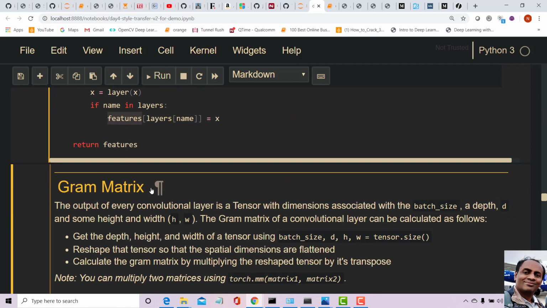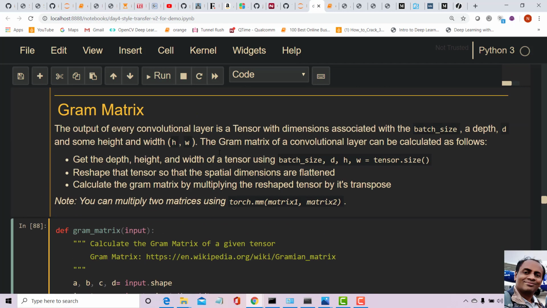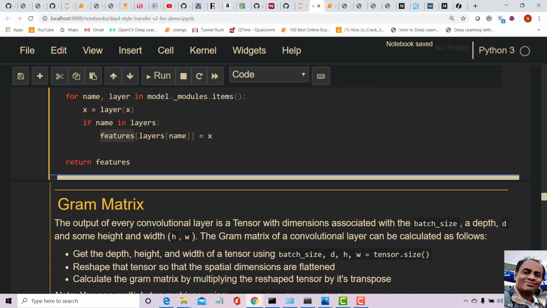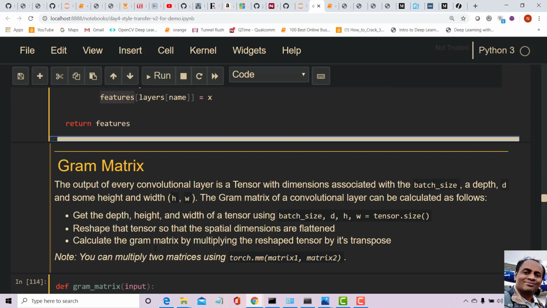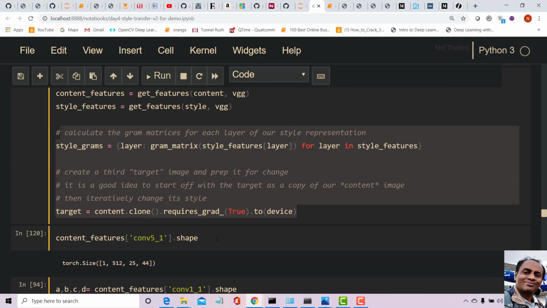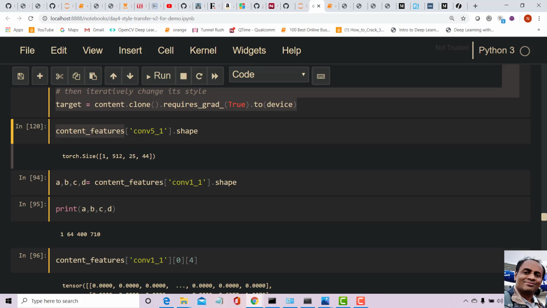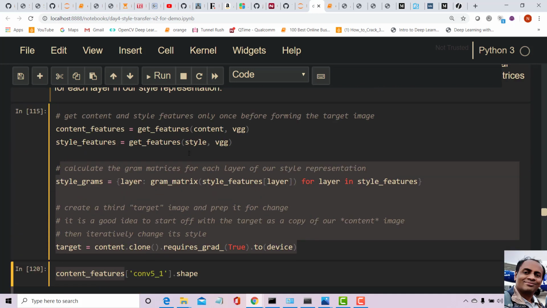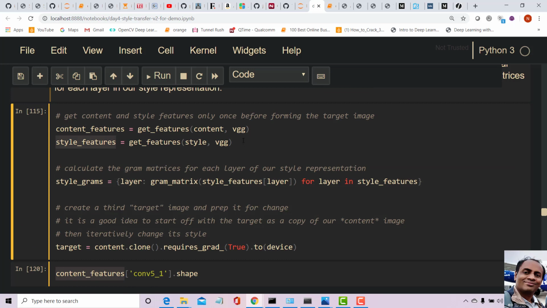So I will not confuse you with the gram matrix now, we'll go through that later. Let's see the output of this. I want to show you the features. We are going to get features, that is the output of the 6 layers here. So that means we are going to have 6 different arrays of different shapes in this content features. Similarly, we will have the same thing for style features, because we got both content features and style features. Now let's see what we are going to do with it.